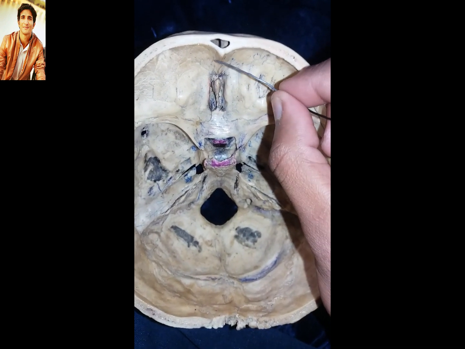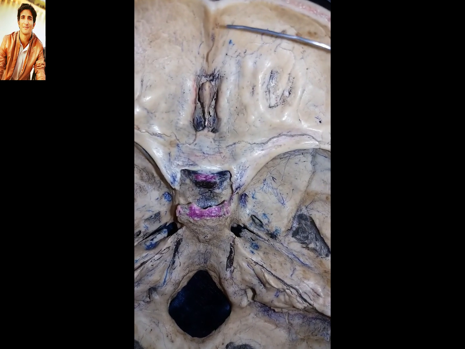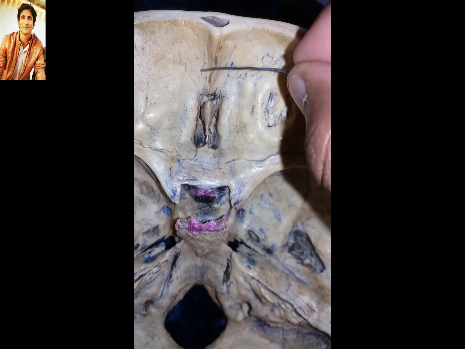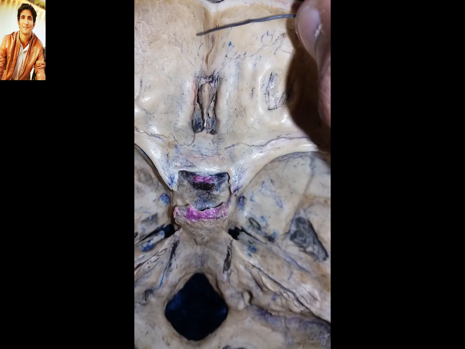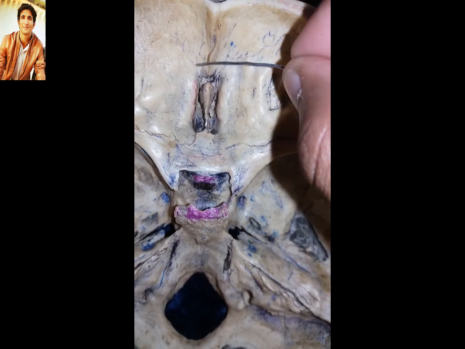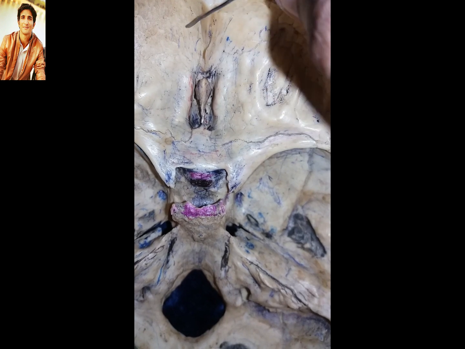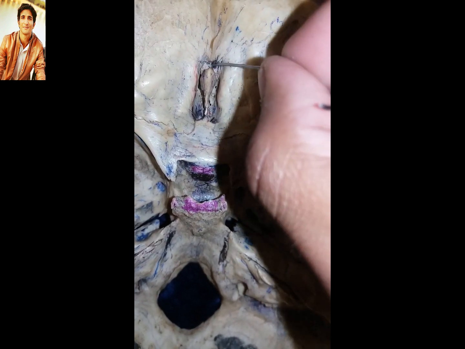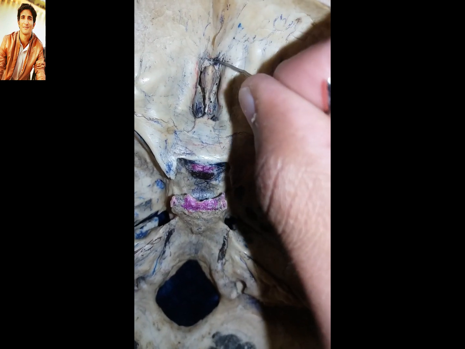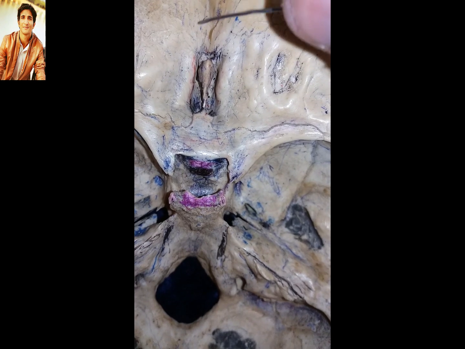In the anterior cranial fossa, firstly you find the frontal crest. This is the frontal crest. The frontal crest is essential for the attachment of the falx cerebri. Immediately posterior to the frontal crest